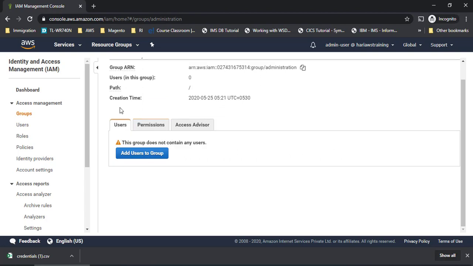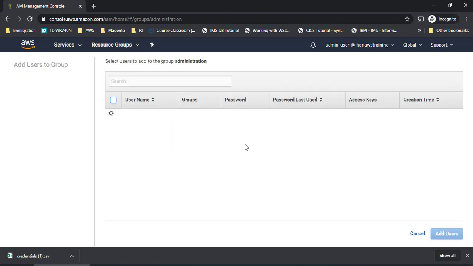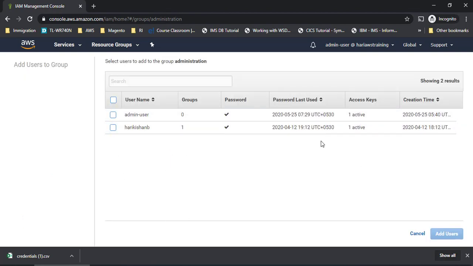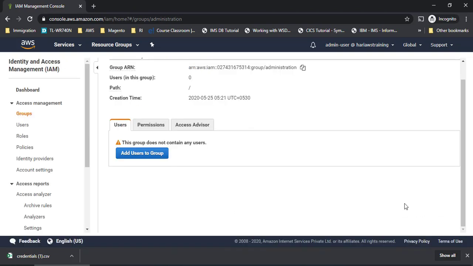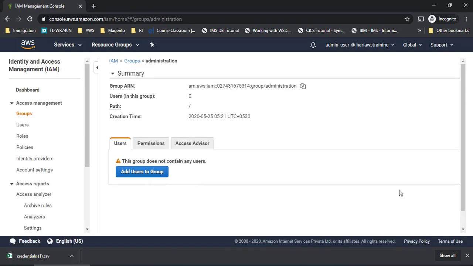I can directly go to users and add users to the group. I can select multiple users in one go and then give this access to those particular users as well. So that is the greatest thing about groups. This way it makes our life much easier. I hope the concepts are clear about groups as well as users, which we discussed in the previous lecture.